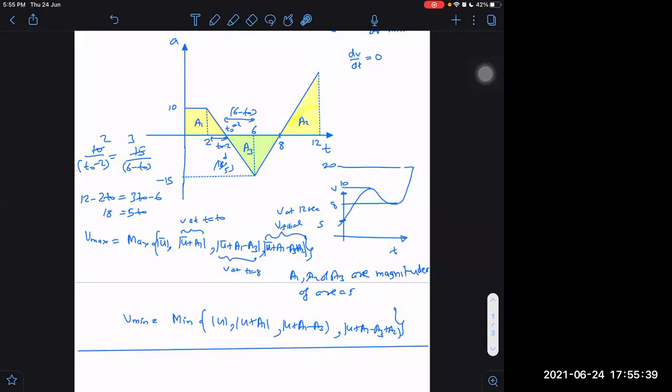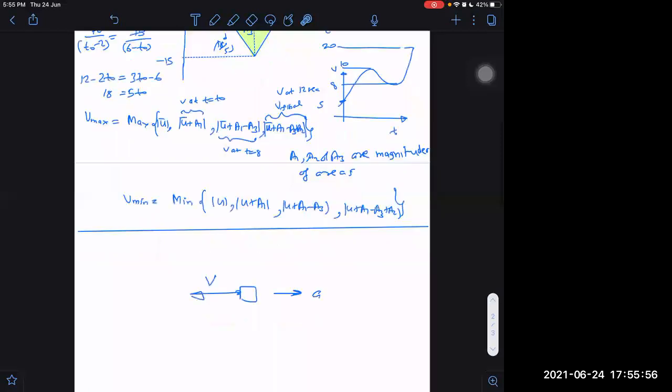Depending upon area, depending upon acceleration. But here, up to 1 second it is becoming 0, and after that it starts increasing once again after 1 second. Okay, sir. Right.